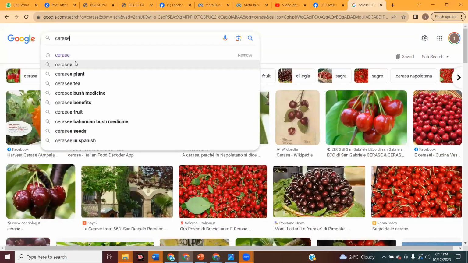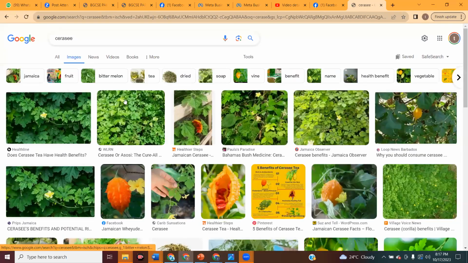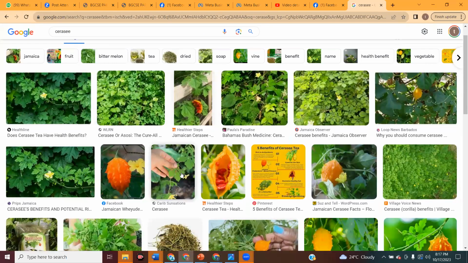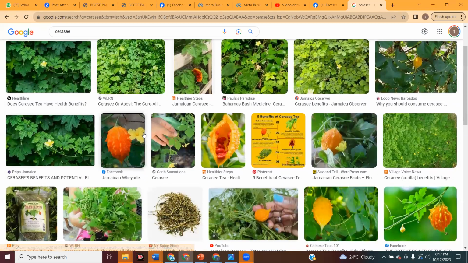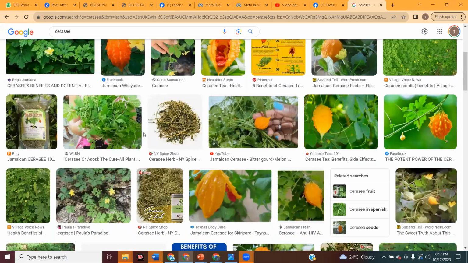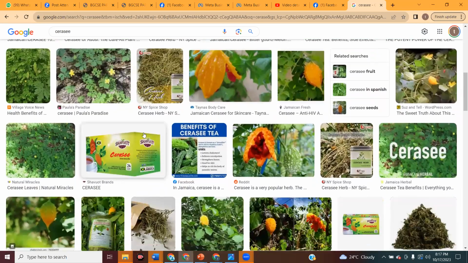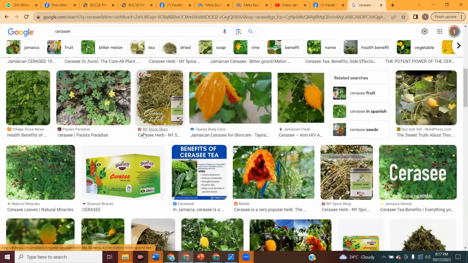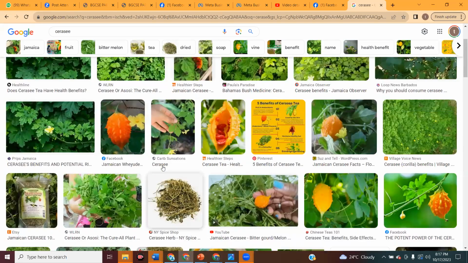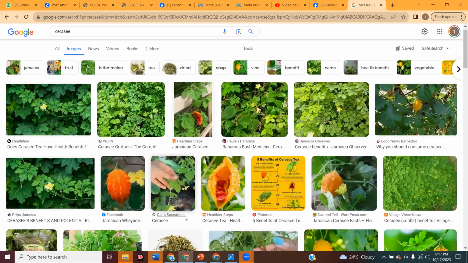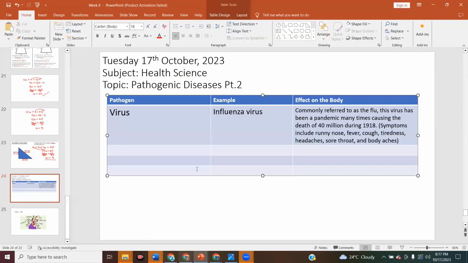Let's see if I pronounce it. There we go. This is Cerasi right there. Ever saw this in real life? Yes, sir. So they typically boil these and give it to people. That's it right there. They taste so bad. Yeah, it tastes bitter. And if you put salt in it, it tastes good. It tastes bitter. All right, the next one